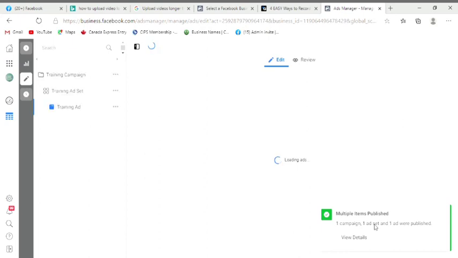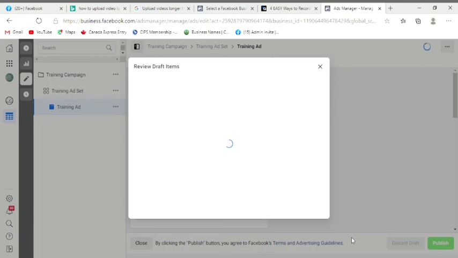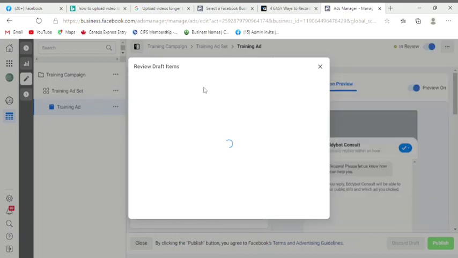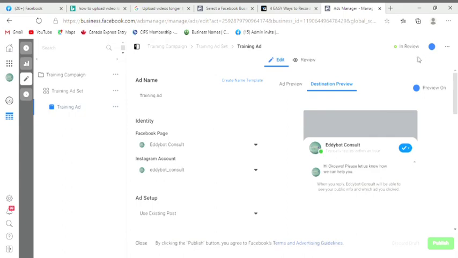Alright, so it's being published. So it said your ad was published. So we can view details if we want. This is the review draft item. So if we are okay with it, then we can go back to our Ad Manager,